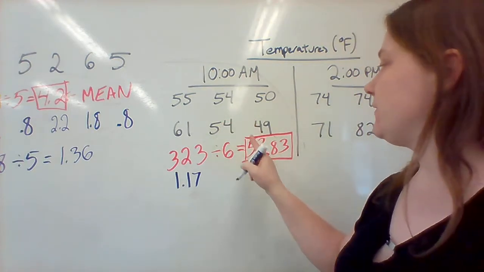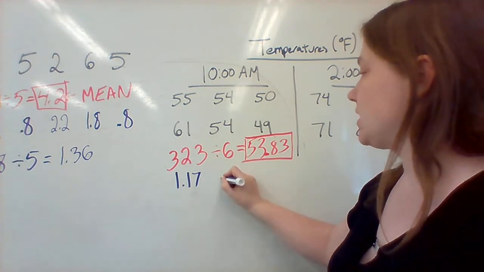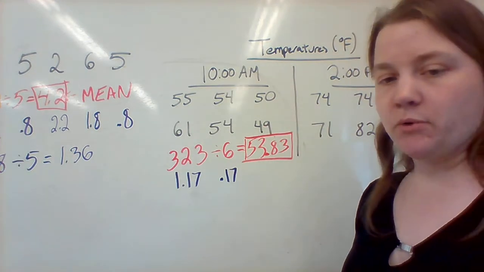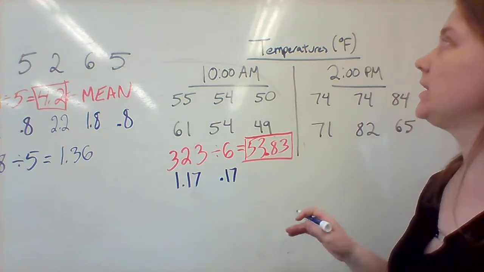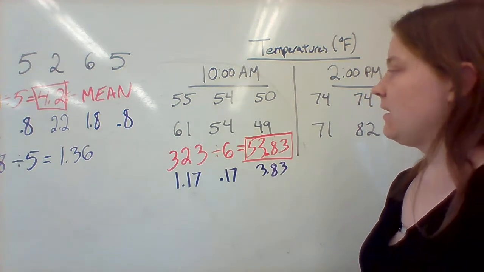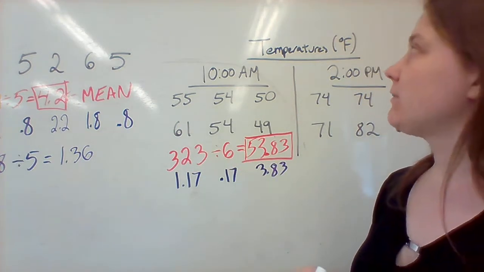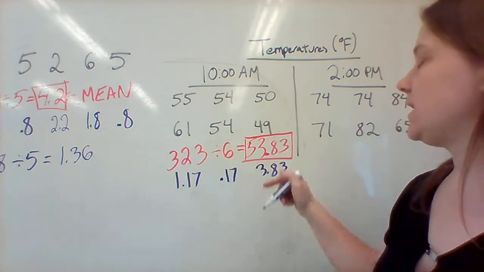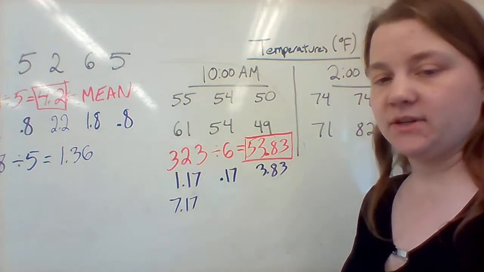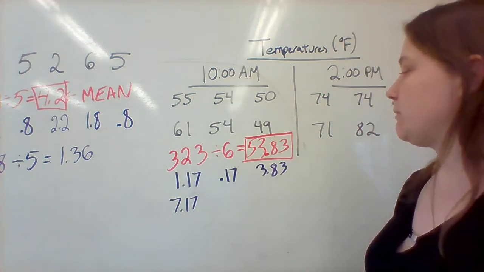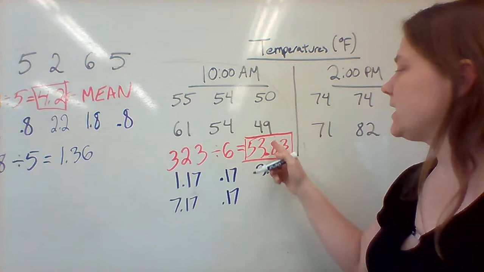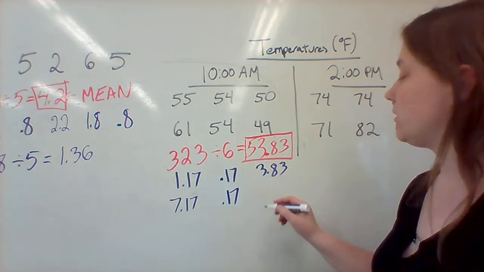How far away is 54 from 53.83? That's going to be 0.17. How far away is 50 from 53.83? That's going to be 53.83 minus 50, which is 3.83. How far away is 61 from 53.83? In order to do that, we're going to do 61 minus 53.83 and get 7.17. How far away is 54 from 53.83? We already did that one. That's going to be 0.17. And 49 from 53.83 is going to be